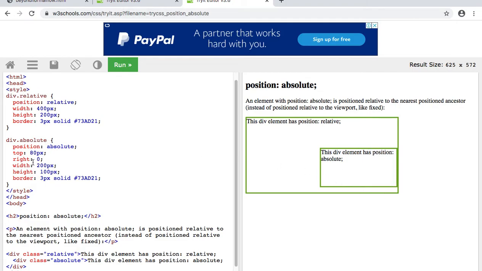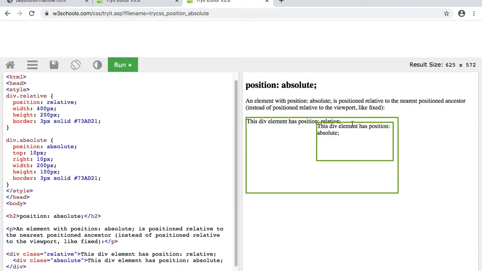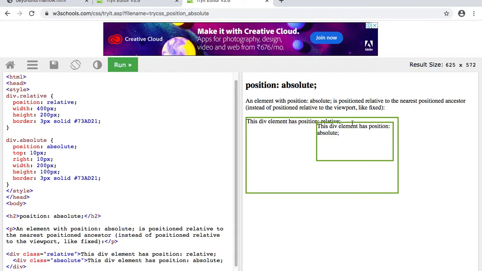So let's play around here. When I change the top to be 10 and right to be 10 pixels, or 10 em, whatever we want, and we could change the width and height also, have a look at this output. See here, the top I have given is 10 pixels related to this first div, okay.